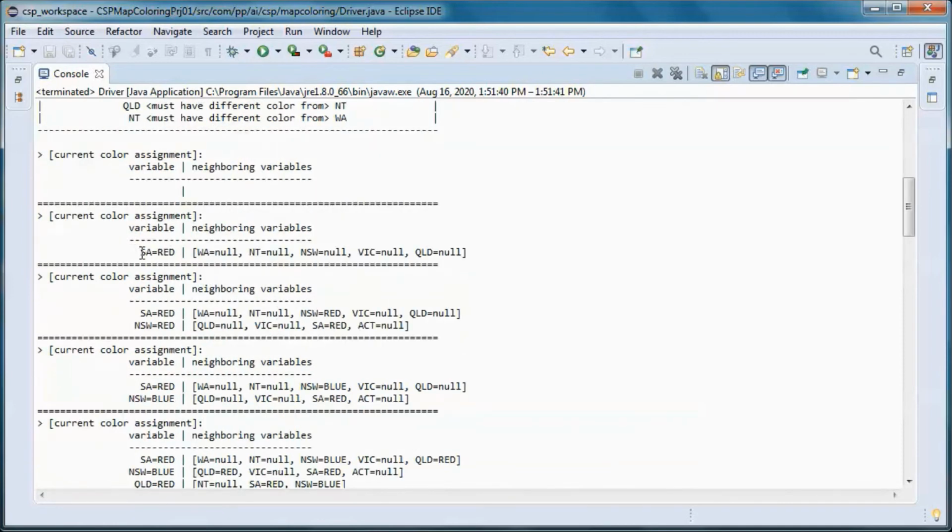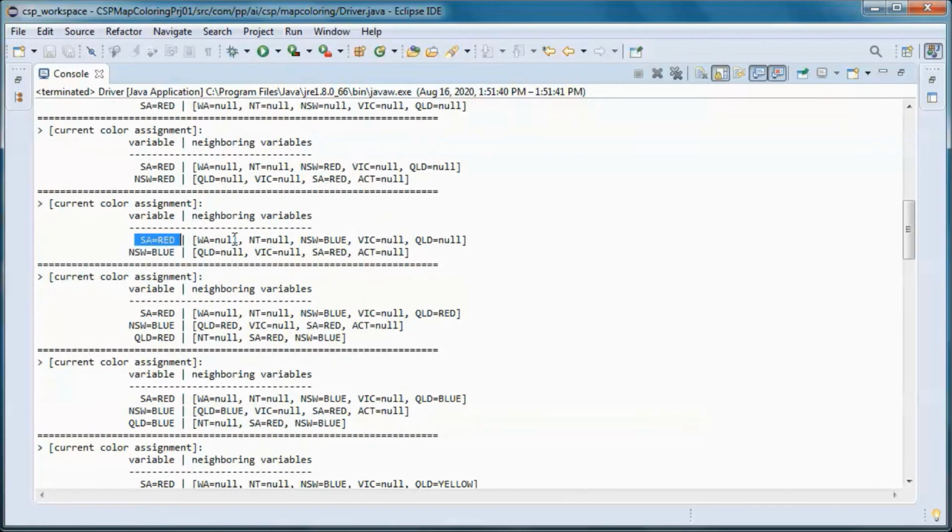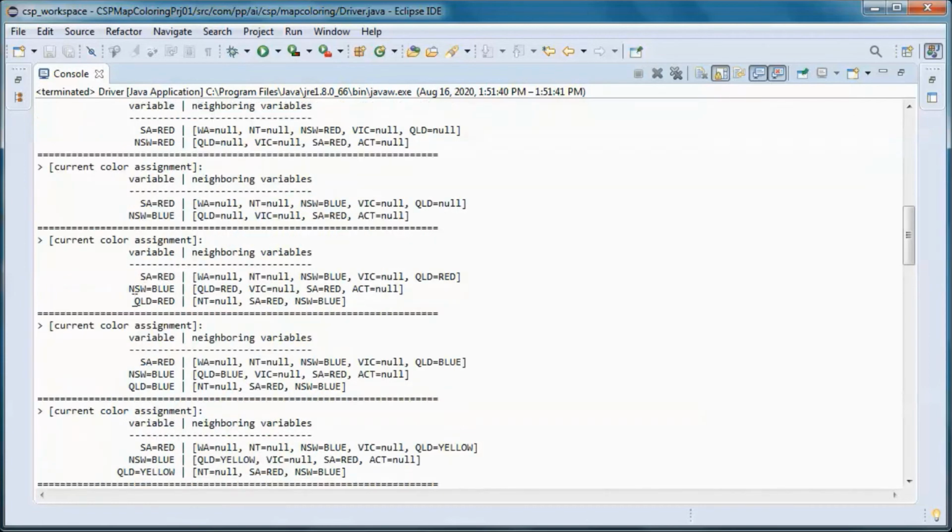So we start with assigning this color to this state, and then we assign this color to this state. So those 2 states will have the same color, so we cannot do that. So we assign a different color, and now those 2 states have different colors, so we proceed to the next one. We assign this color to this state, but we cannot do that since those 2 states are neighbors.